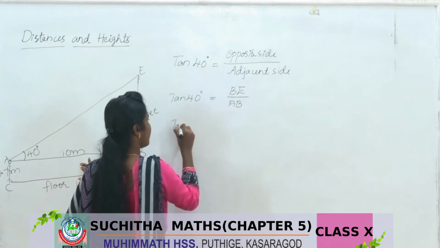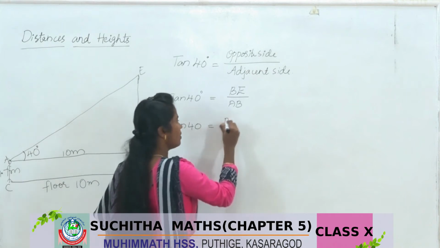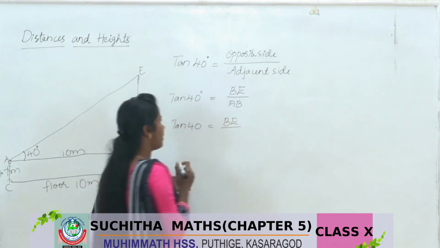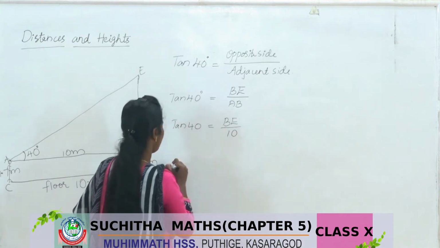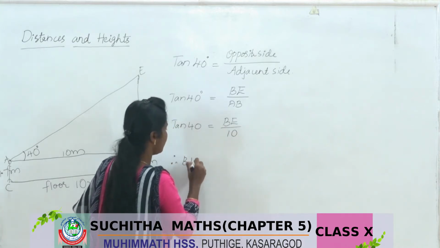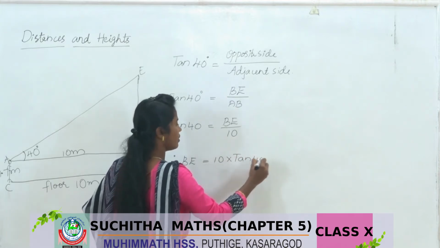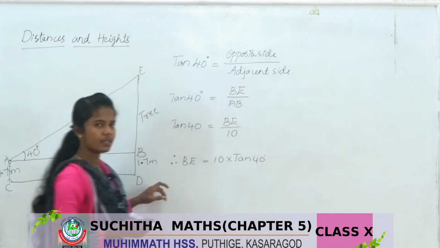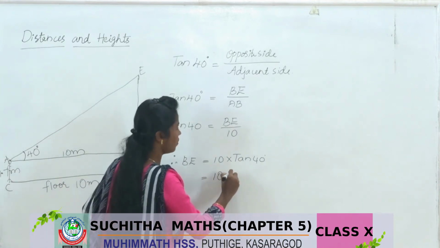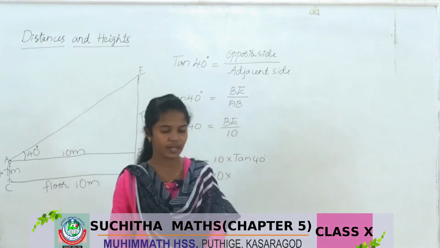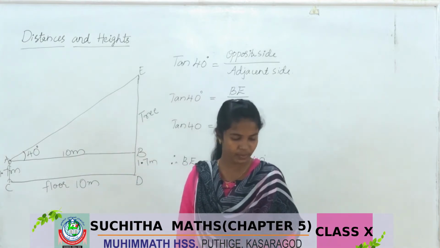That is tan 40 degree equal to BE. The opposite side is not given. So BE divided by the adjacent side AB, which is 10. Therefore, BE equals 10 into tan 40. Shift this 10 to the left side. So it is 10 into tan 40. What is the value of tan 40? Open page number 124. Tan 40 is